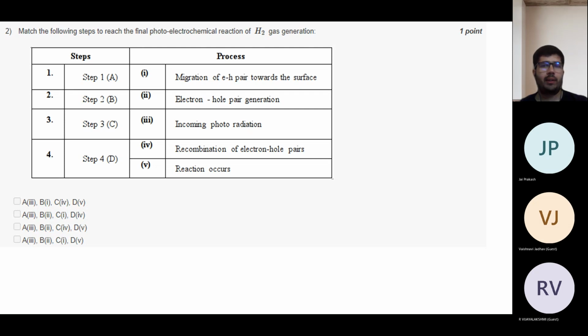Okay. And what will be the third step? Then migration of the pairs to the respective surfaces. Yeah, correct. So when the electron hole pairs are generated, they will go from the valence band to the conduction band. And then the fourth step,